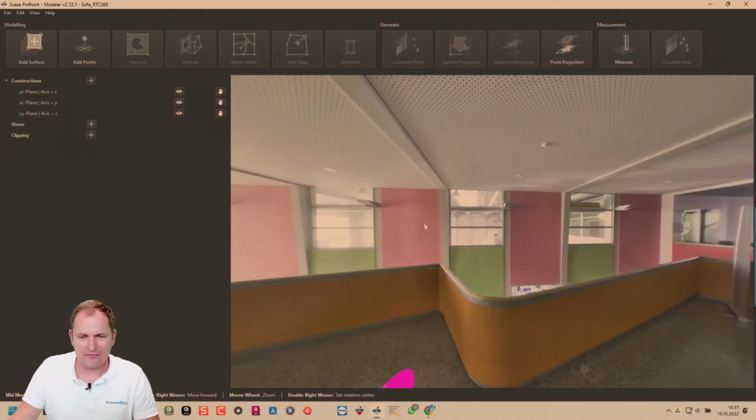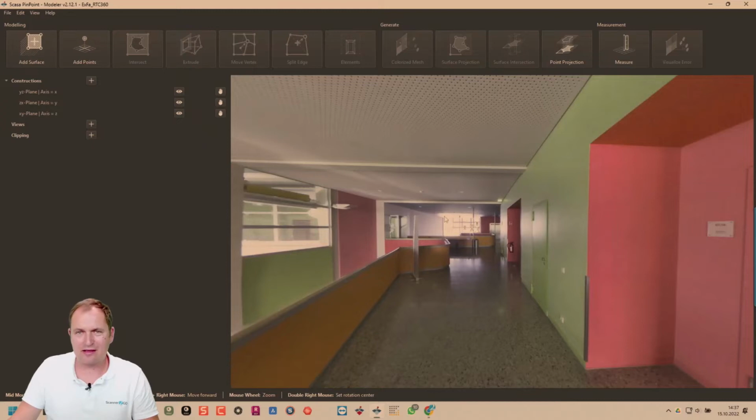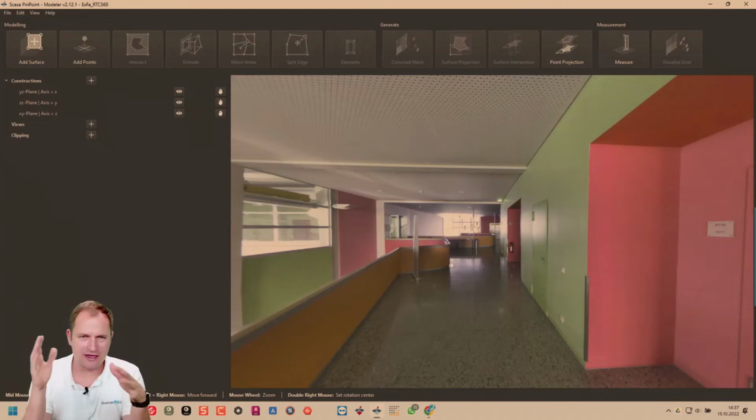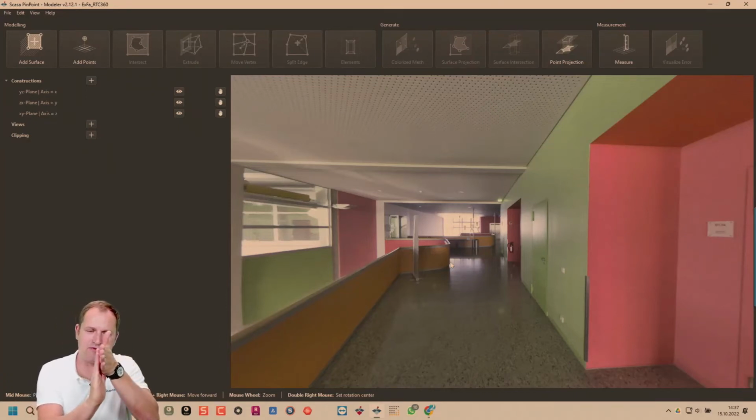Then we have the back face culling. That means Pinpoint is showing the surfaces of walls and so on from the direction where the scanner is. So if the scanner scans a wall from this side, you will see it in Pinpoint. If you move to the other side and you didn't make a scan from this side of the wall, you will not see this wall in a basic setting.